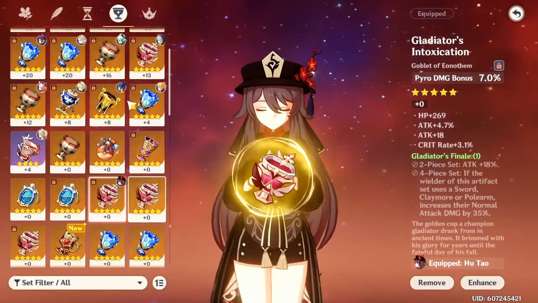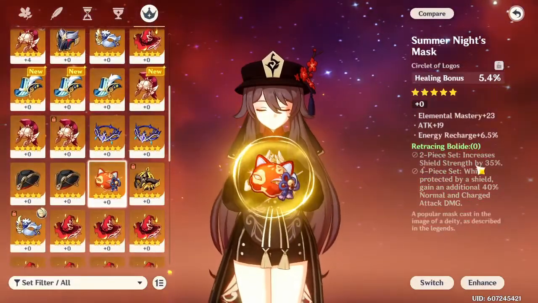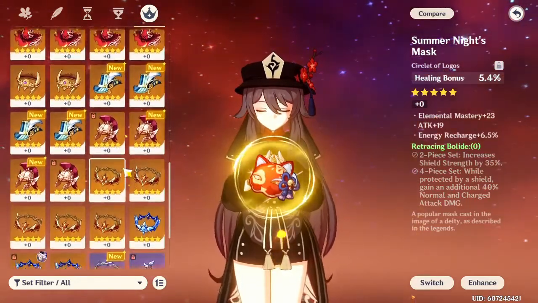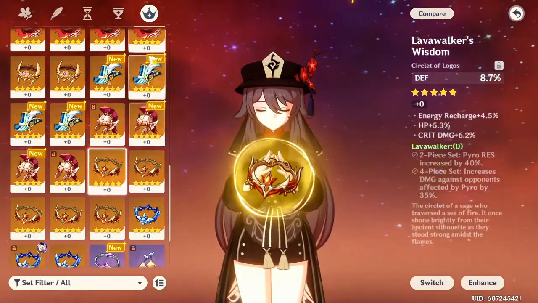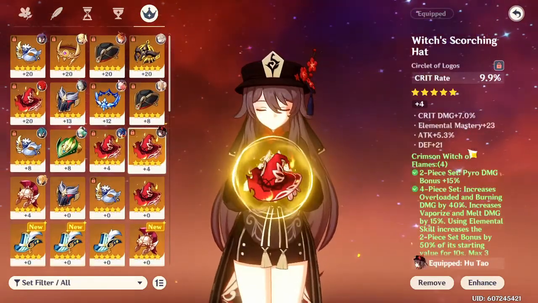more pyro damage. You could also run 4-piece Retracing Bolide. Basically, what this does is increases your normal attack damage when protected by a shield. And I think a last good option would be the 4-piece Lavawalker, which increases your damage against opponents with pyro on them. But overall, I think her best artifact set is Crimson Witch of Flames, just because of the